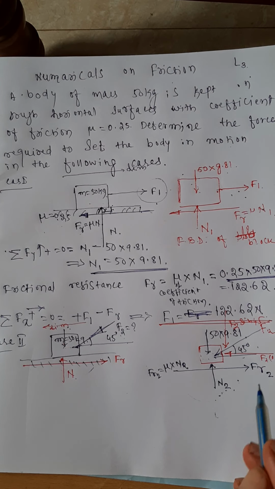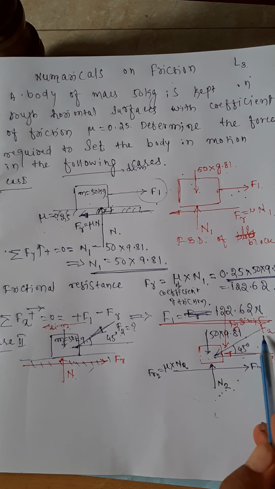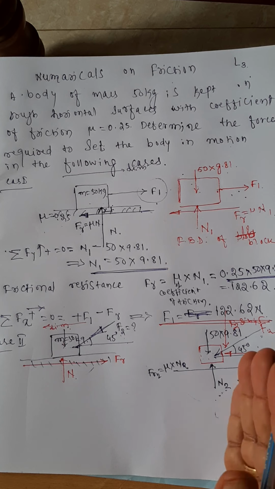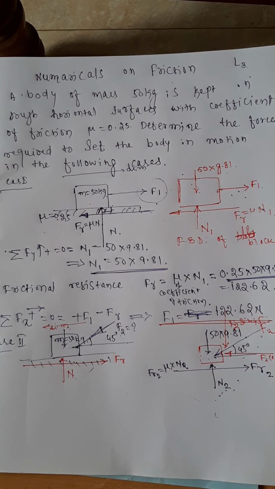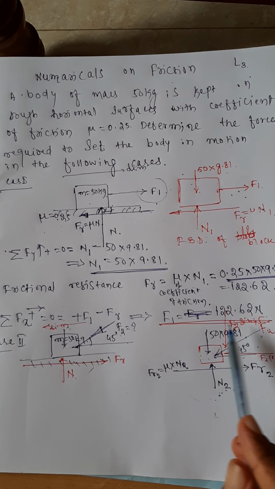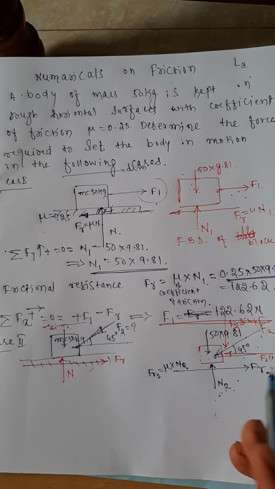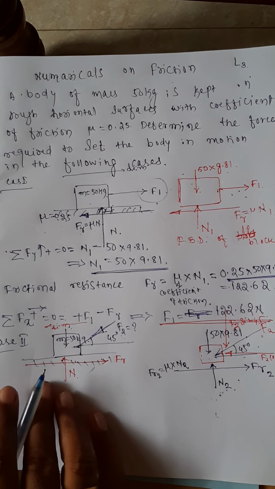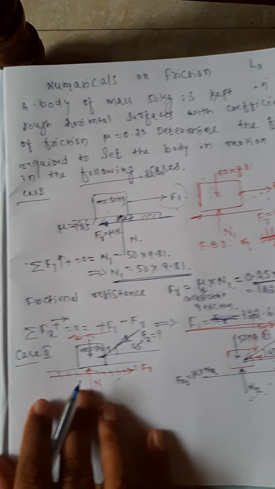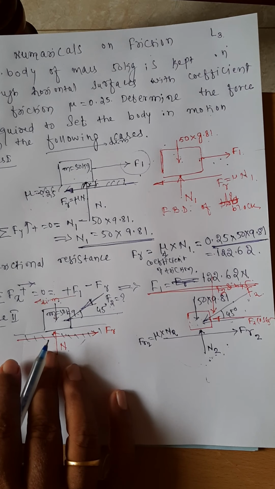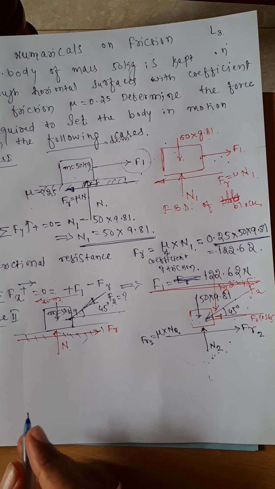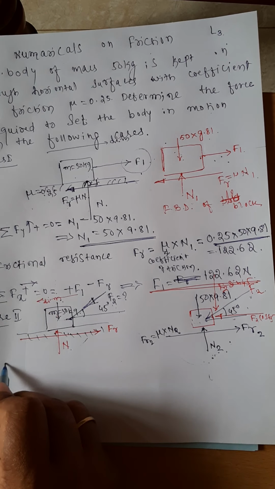Yes, friends, just see here how many unknowns are there. One is, what is the value of F2? He is asking the force needed to set this particular body in motion. And second, the total unknowns are one is F2 and other one is N2. These two are the unknowns in this, and you are having the two equations of equilibrium as the block is in equilibrium. Hence, you can find the required solution. What I suggested you is, first you go for the total of vertical forces equal to 0.